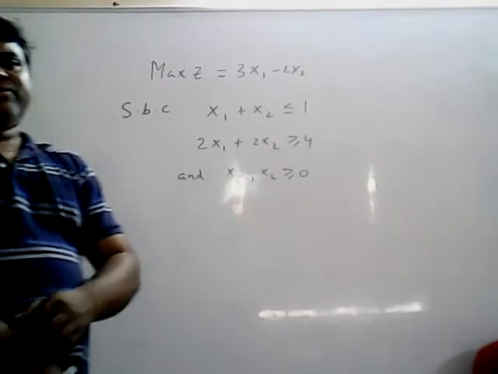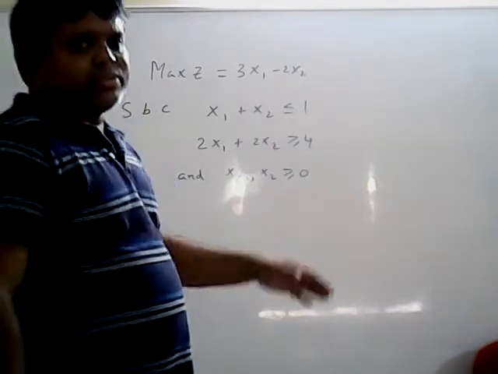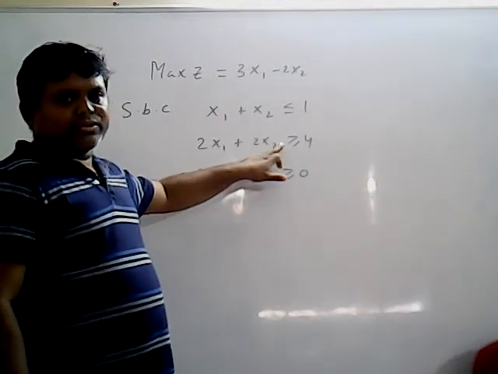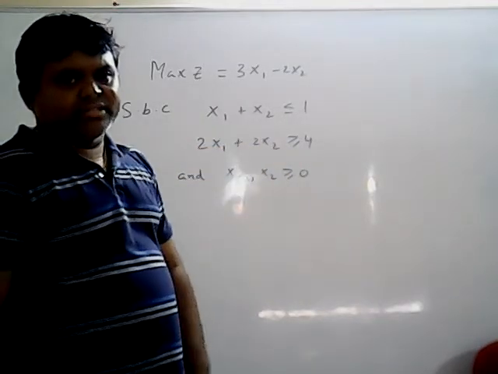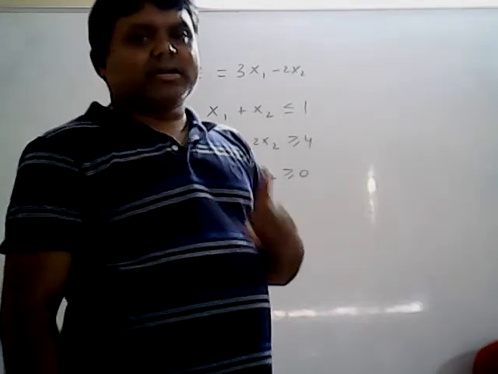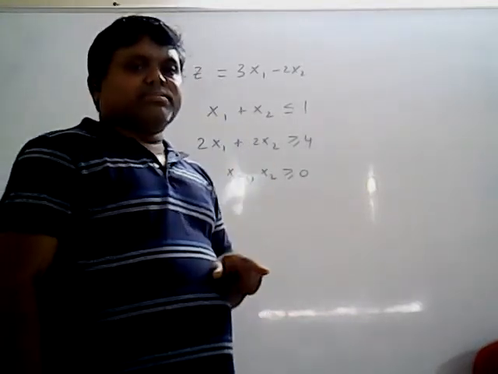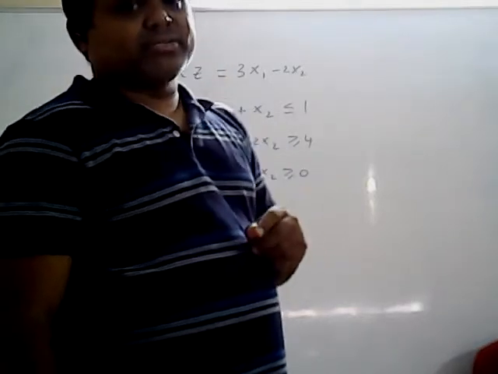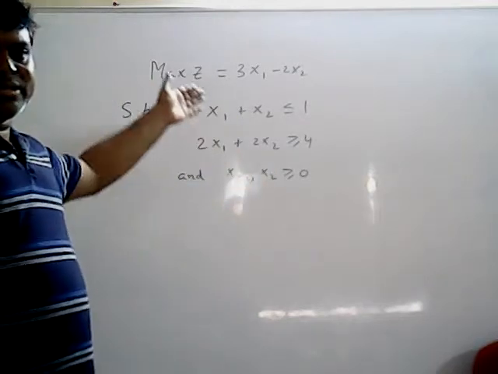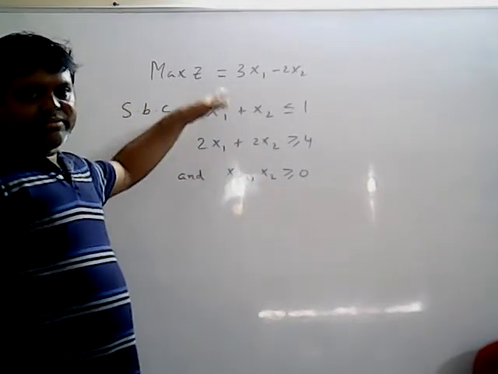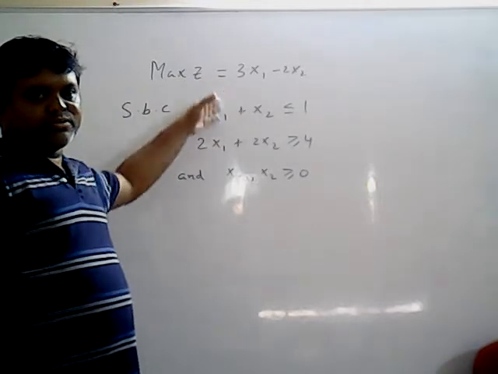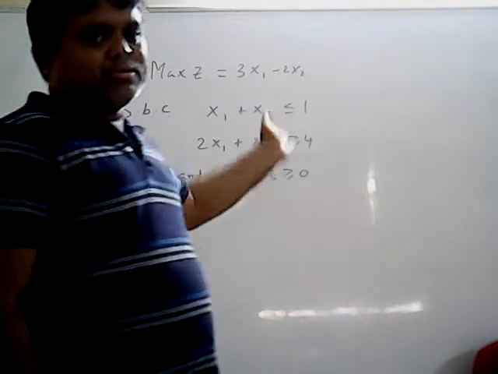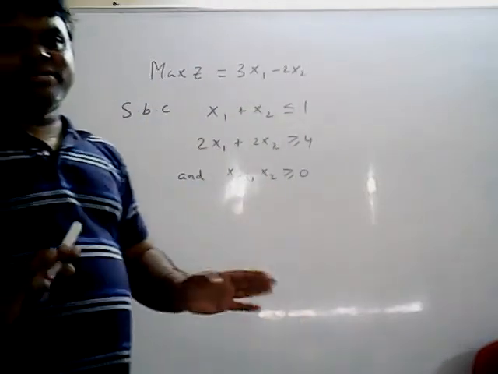In this case, if you observe, we cannot apply the ordinary simplex method because one constraint is greater than or equal to type. If any one constraint is greater than or equal to type or equal to type, you cannot apply the ordinary simplex method. Then you can go for either the BigM method or the two-phase simplex method. So we are using the BigM method to solve this LPP. Later on we will discuss the same problems in the two-phase simplex method, and you can compare, the same answers you will get.